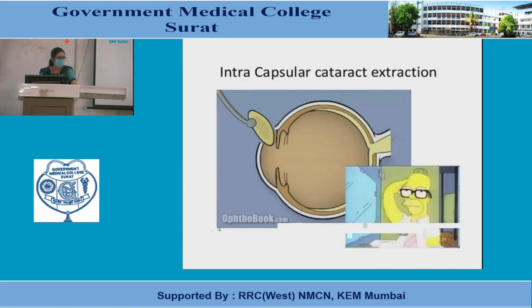So when we talked about intracapsular, the second step is the nucleus delivery. So here you are removing everything. So either you are using a forceps or a vectis and removing the whole of the nucleus along with the capsule, everything is out. So there again you are just exposed to the anterior vitreous space, and here you cannot put an IOL. If you have to put an IOL, it has to be either fixated to the iris or it has to be fixated or sutured to the sclera. Right? Otherwise, this is something that was done decades back when we never had technology as advanced as what we have today. So there, what the patients were given were